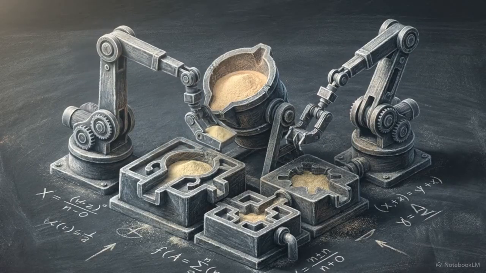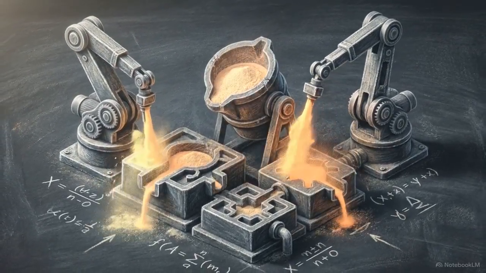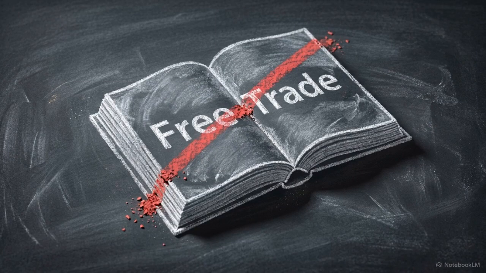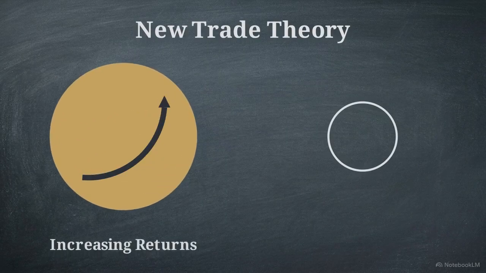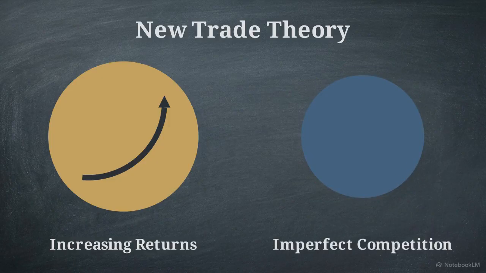In 1987, MIT economist Paul Krugman challenged this consensus. He published a paper titled Is Free Trade Passé? Introducing New Trade Theory. Krugman's math showed that 19th century models fail to capture how modern industrial giants actually compete. By proving these older theories were incomplete, he ended the era where free trade was the only supported policy in economic theory.